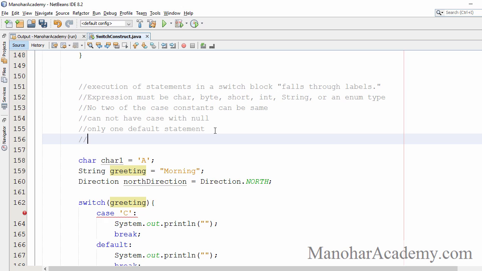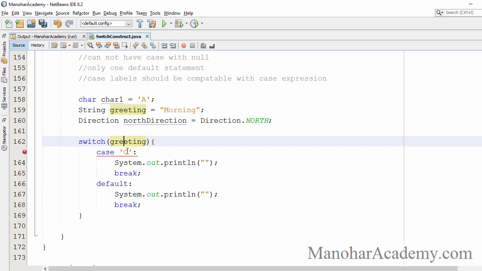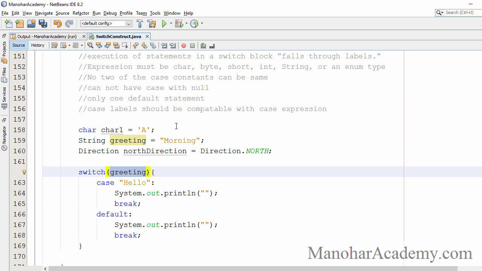The case labels should be compatible with the case expression. Whatever you are using here, they should be compatible. So here I should write only strings. If I'm switching on a string value, the case labels should be strings.